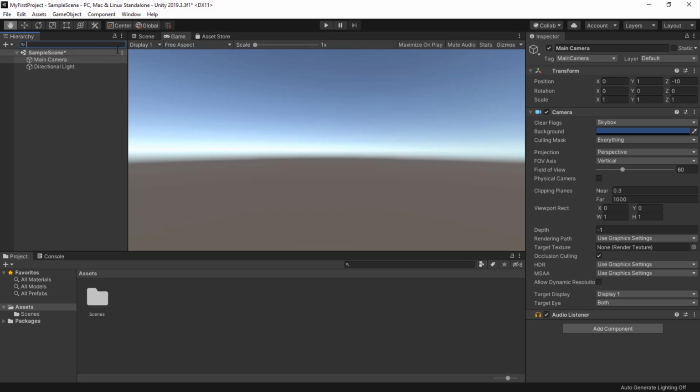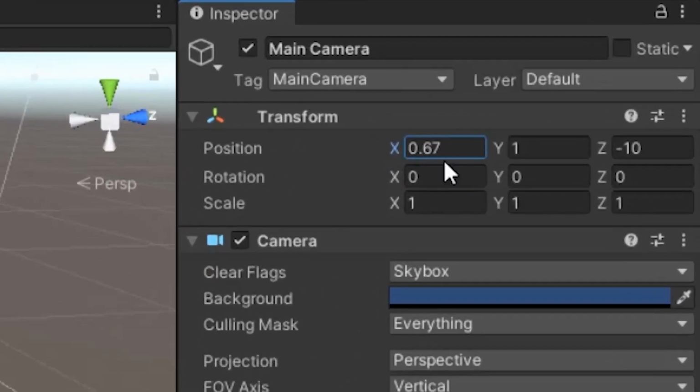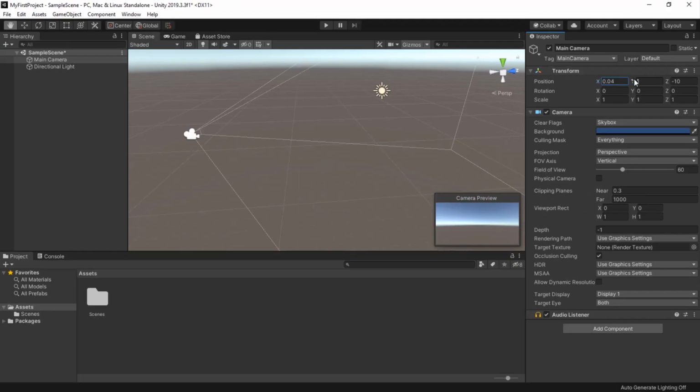If you select an object, you have the ability to manipulate it, that is, to move it, rotate it, or scale it if you need to. For example, you could select the camera object and see that it has a Transform component in its Inspector. Every single object within a scene has a Transform component, and this component includes three properties: position, rotation, and scale. These three properties define where and how an object appears in the scene. For example, you can see that the selected object has positions X, Y, and Z within 3D space.